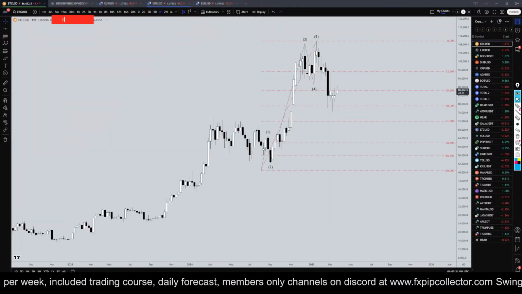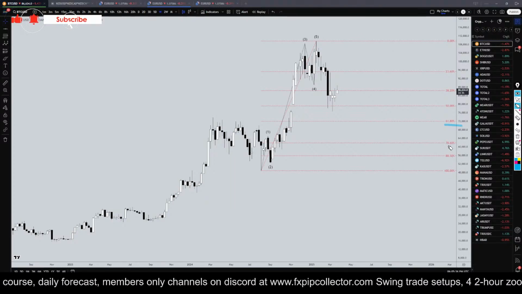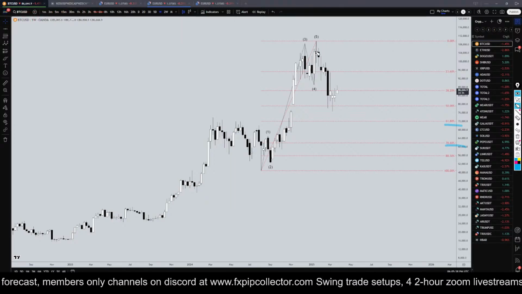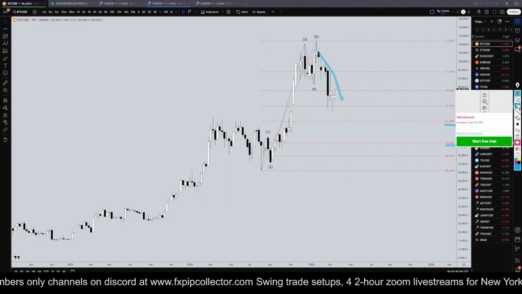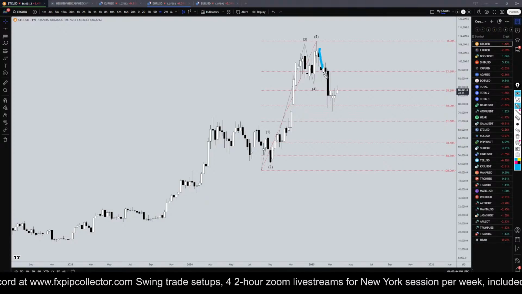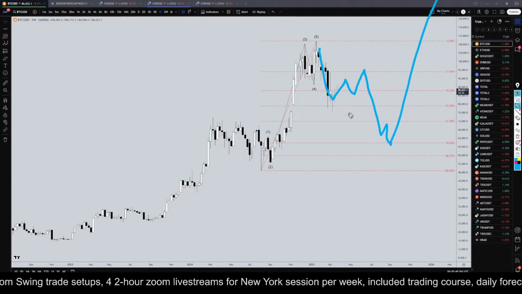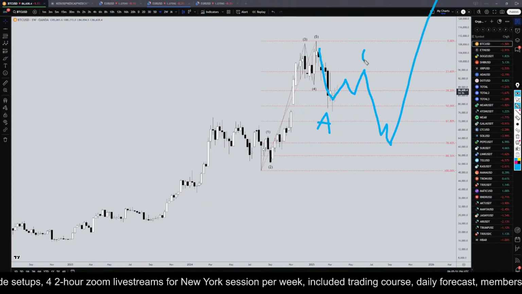I do think it is likely a correction, but I think it's going to go down to 72,000 to maybe 62,000. I think it's going to end up looking something like this on the higher time frames. And I think this was nothing but a big old giant bull trap, in my opinion. Probably something like this. I do think that it will continue the uptrend, but probably not before it stops out